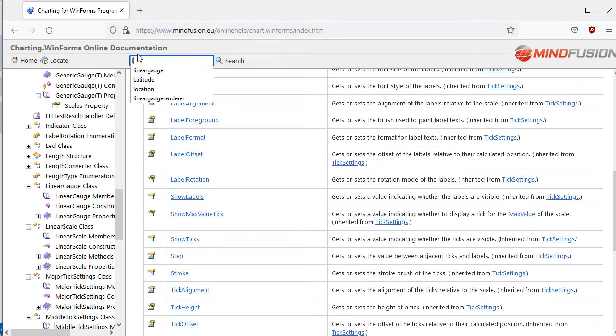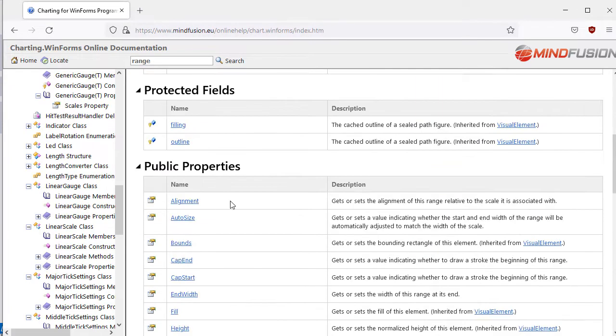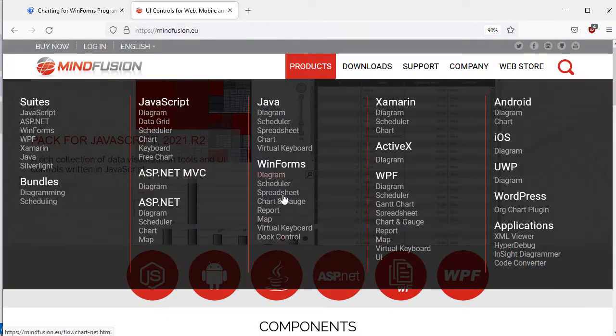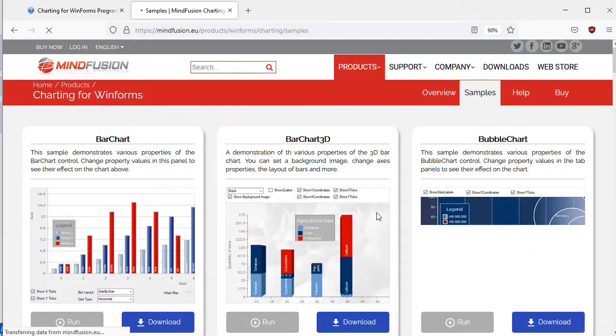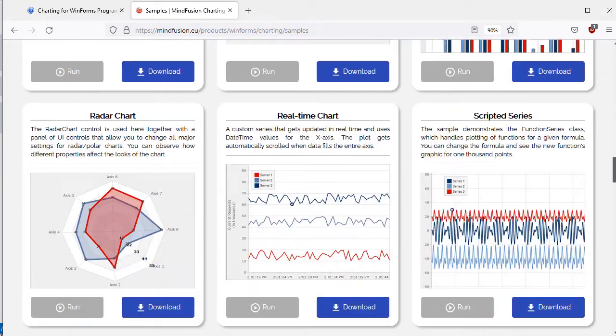A range is a separate class and is drawn along the scale. We are going to add a range to our scale. Let's look at the gauge samples for the library for examples.